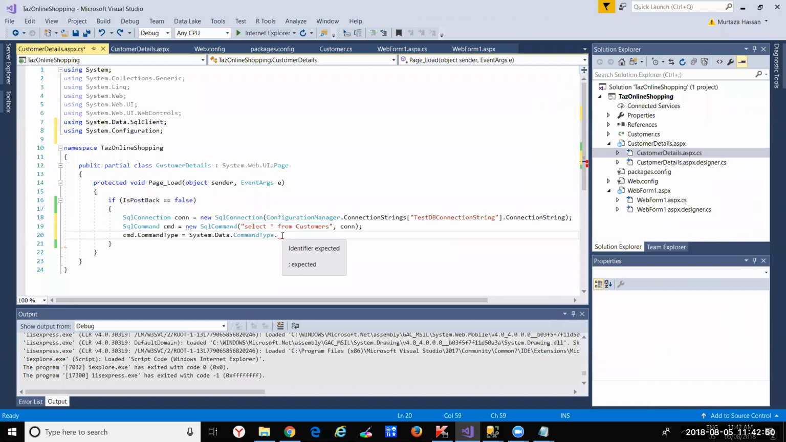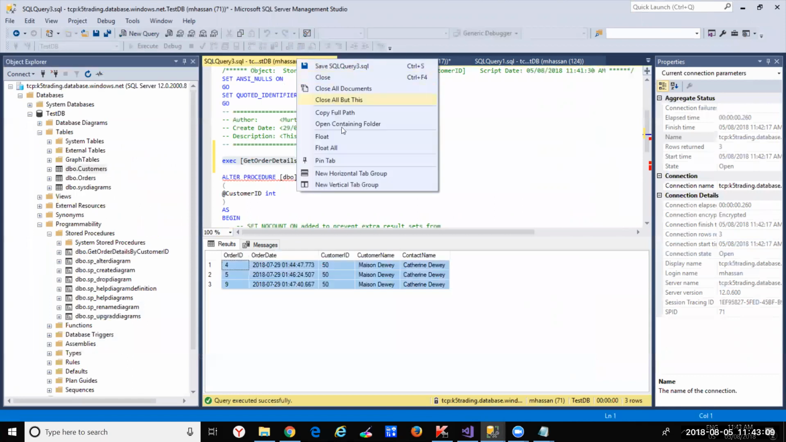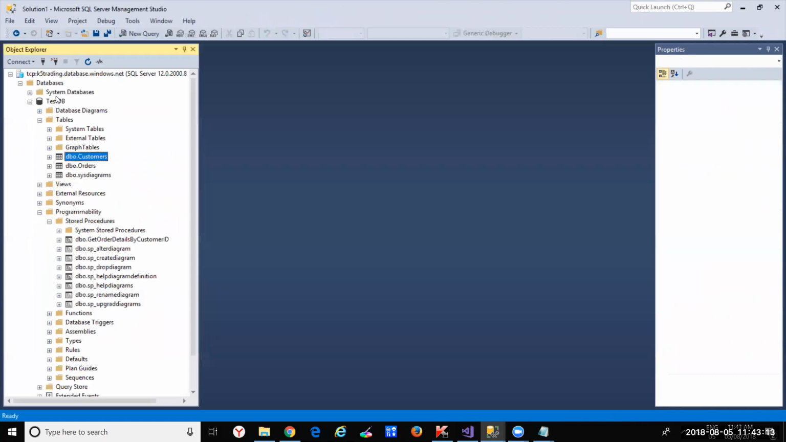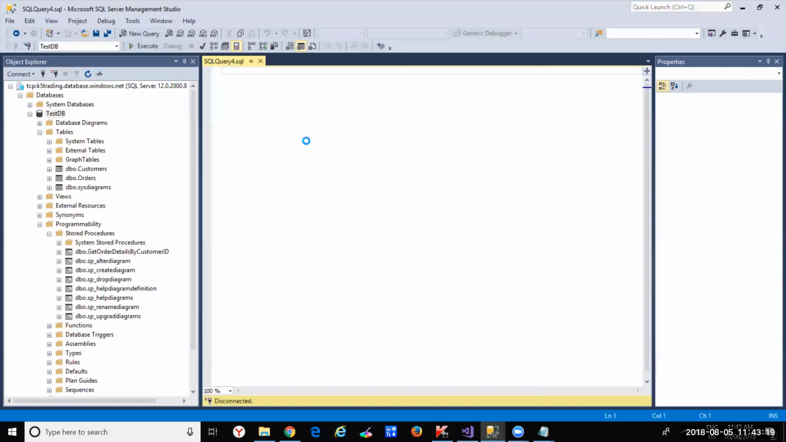We're doing a text query, so we'll just specify text query. This is a text query here. We're not calling any stored procedures. We're doing a direct query against the database, okay? So basically what I'm doing here, let me just close all the values here. If you right click and do a new query here on the test DB,